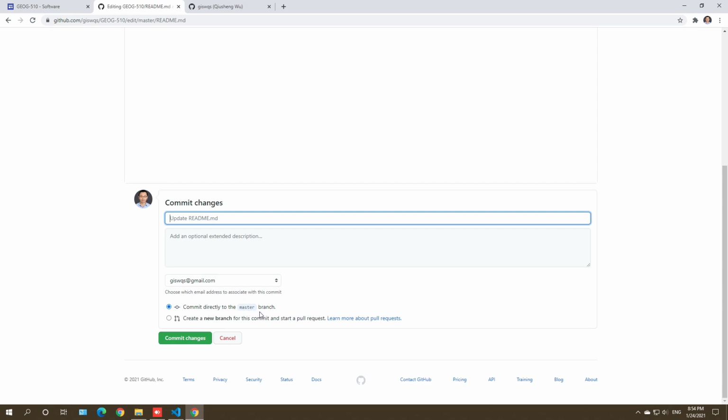Think about a software company, they're trying to release different versions. They say ArcGIS 10.1, 10.2, and right now it's 10.8, right? So you don't want to make changes to your master branch frequently. You only want to test things on a new branch, and then when you want to release a new version, you can merge that one to the master branch. Anyway, we will practice this more later when we do the coding, but for now we can simply hit commit changes,